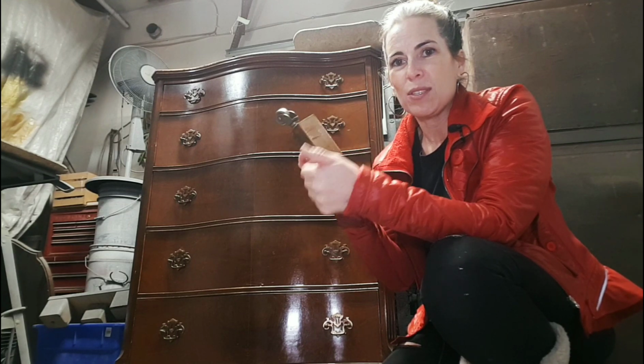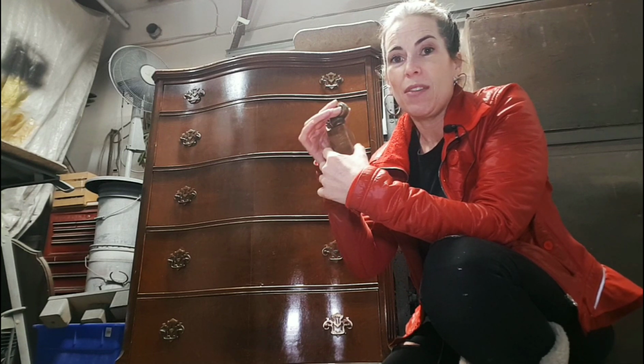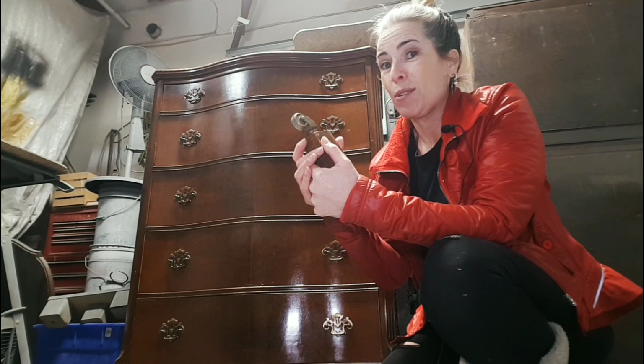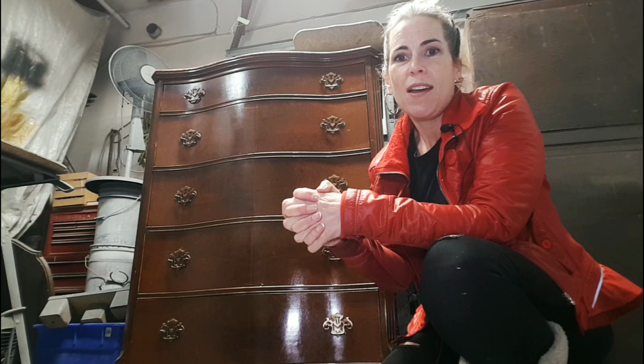So I'm going to probably just nail them and secure all of the legs back, because I think keeping them on the casters really has that authentic old feel, and it's very cool. So I'm going to reinforce the legs, and I'll just do a once through with you just to show you the piece in its entirety so you can see the before, and I'm going to paint it probably a nice